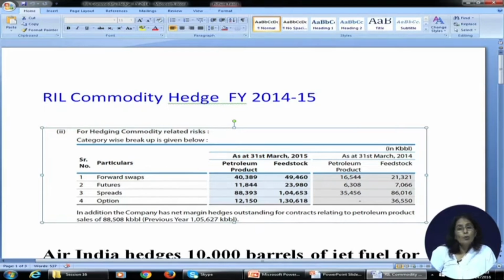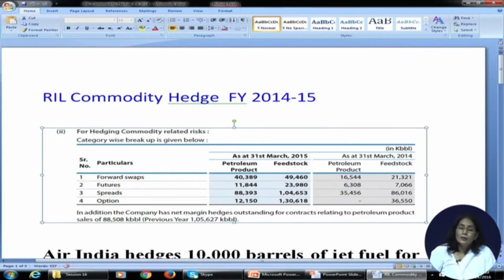And in fact, almost all Indian companies have one section in the annual report on how they are mitigating their foreign currency risk. So the foreign currency gain, foreign currency loss, and what instruments they have used to mitigate the foreign currency risk, that is very well documented and elaborated properly. But I'm not sure whether companies are doing this commodity hedging and not informing, or companies are not doing it. That information is not clear.